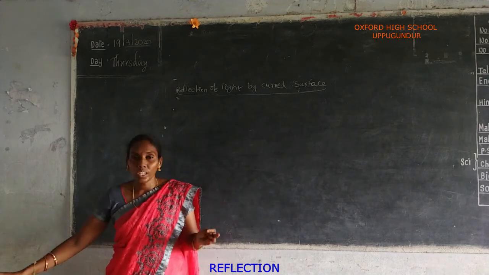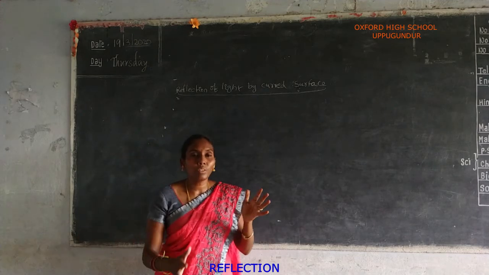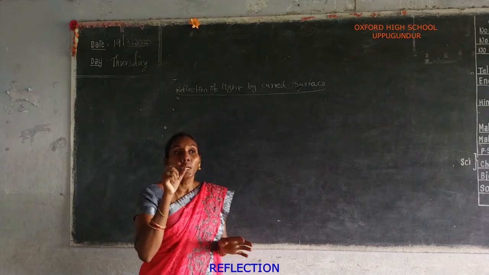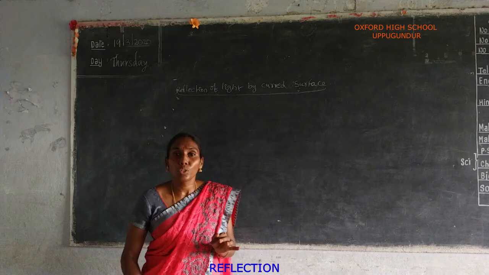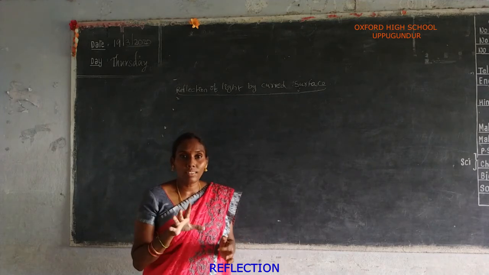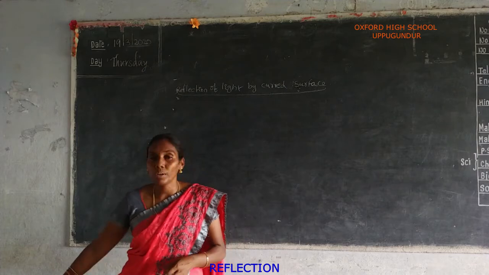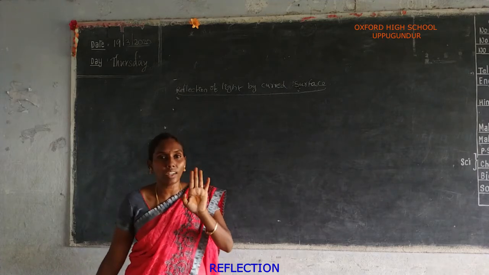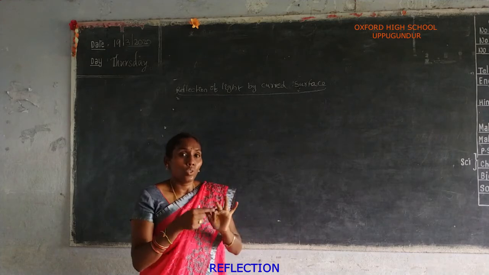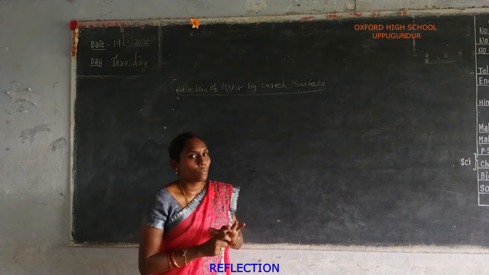But the main importance of the ray diagram is, by using the ray diagrams we can exactly find out the position of the image of the given object. And next, what are the rules of the ray diagrams? There are 4 rules for drawing the ray diagrams. Ray diagrams can be drawn for the concave mirror and convex mirror.